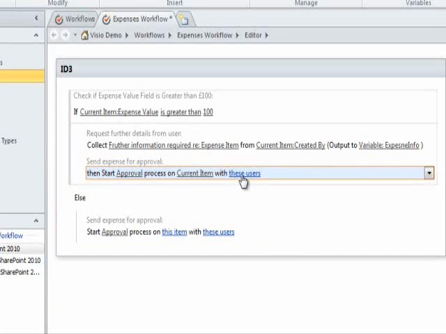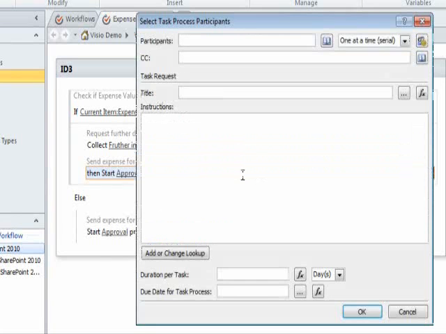The final piece of blue text we have for this line is these users. This is where we specify the users who are going to take part in the approval process. I'm just going to add administrator and send the approval to them. I also have options here where I can CC in additional people. I can add a title to my task request, so